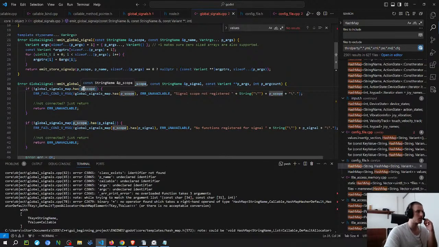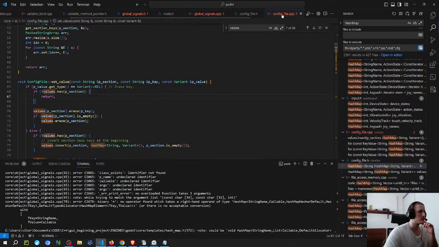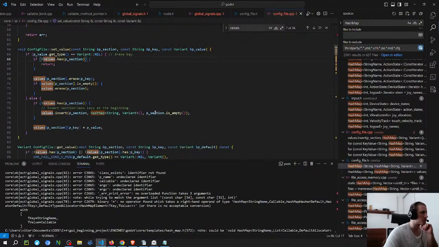Hmm. So what is going on? The only difference is that here it is a string and I'm using a string name. So obviously I can test to see if I change the thing there. Also, I need to use this one instead of the one that I'm using there.